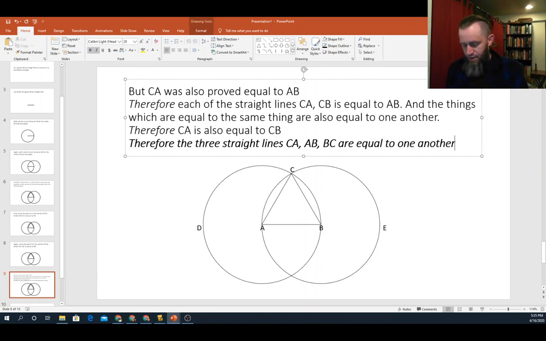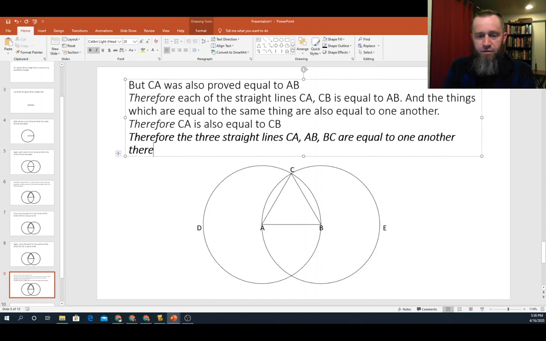And that, as we all know, is the definition of an equilateral triangle, right? But we'll go ahead and finish it up. Therefore, I know a second therefore, but it's okay. Therefore, the triangle ABC is equilateral,